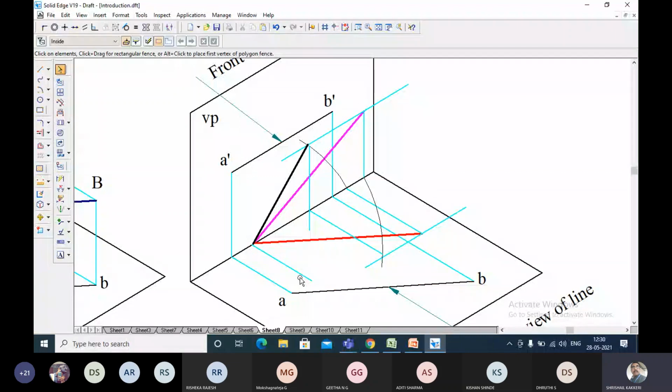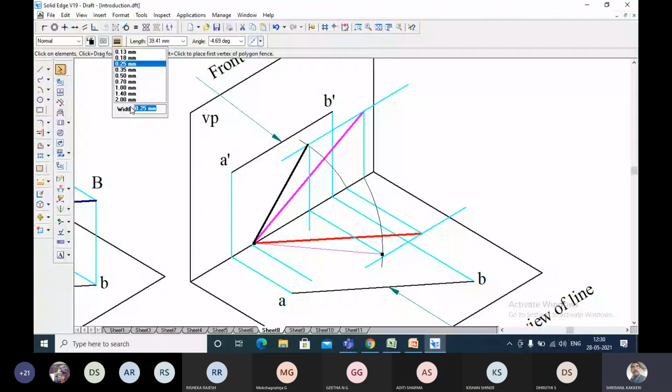This has to come here only. Approximately I have drawn, and it is coinciding. You can see this. These two are not coming on the same line, because, and here you can see that the distance between the end projectors is this.